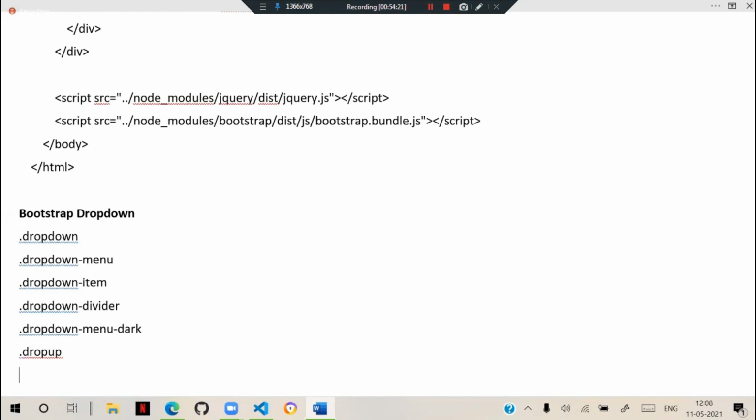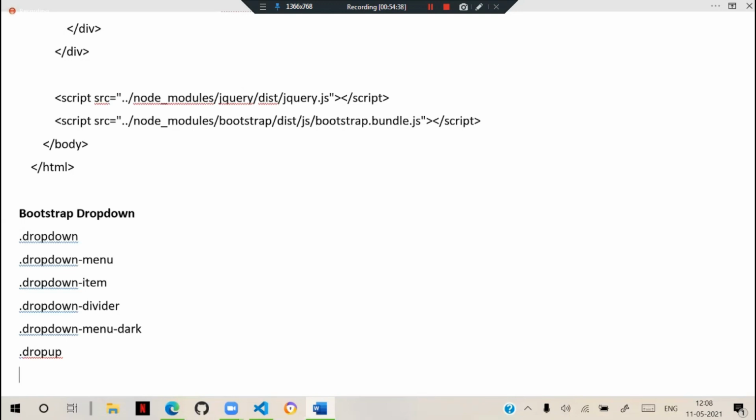We can also create options like drop right and drop left. So we can control directions, drop right and drop left.